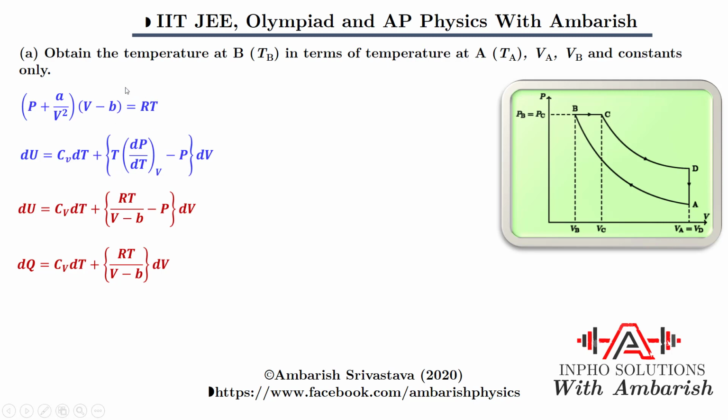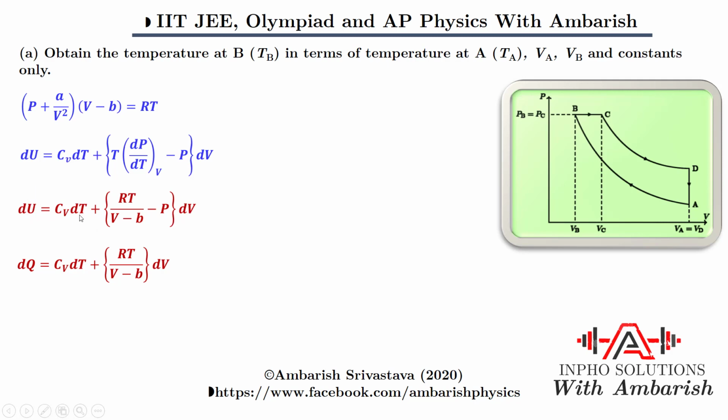So look at the first equation. If you differentiate this with respect to temperature, to find dP/dT, you take this V minus B over here, and P + A/V² is equal to RT upon V minus B, right? And you differentiate it treating V as constant, so you get R upon V minus B, and you have to multiply a temperature over there, so it becomes R upon V minus B into T. So that's your T into dP/dT term, right? And minus P comes as it is, so this is your dU, right?